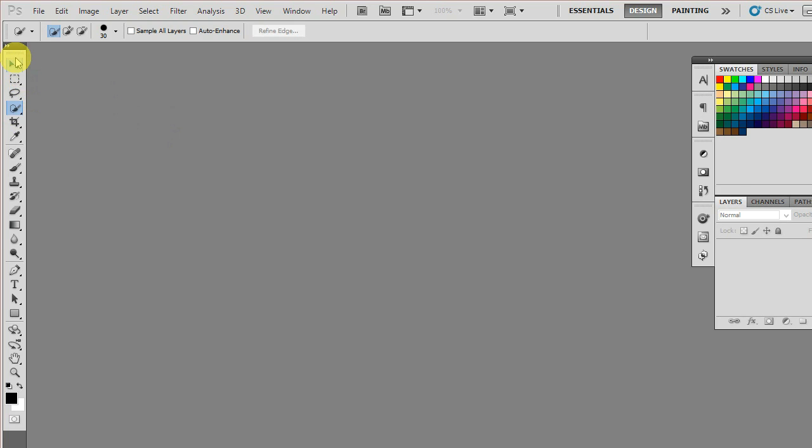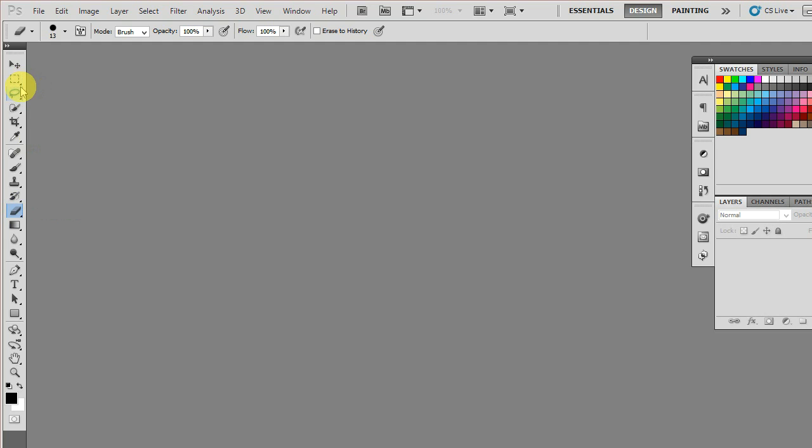If you click E, you are going to see that in your toolbar you have selected the eraser. These are the shortcuts. If you don't know the shortcuts, just keep your cursor on the tool and you can find the shortcut for it.